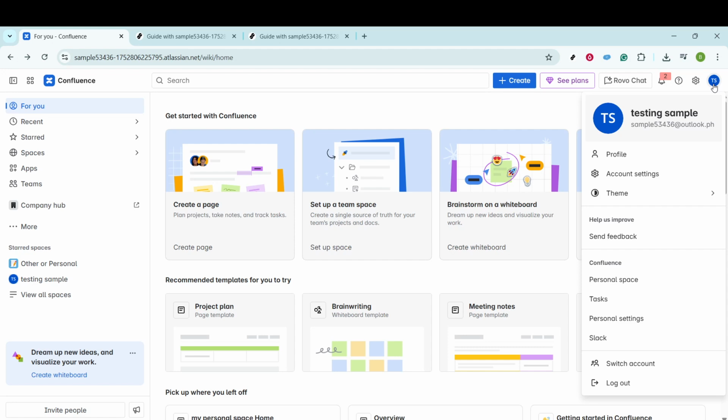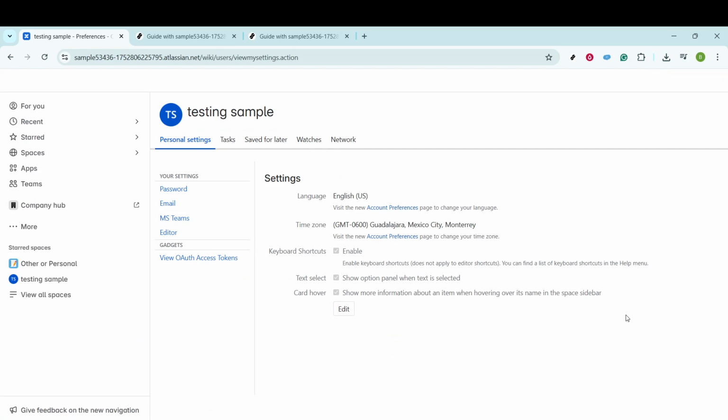After clicking on your profile icon, you'll see a drop-down menu appear. From this menu, go ahead and select Personal Settings. This selection will whisk you away to a new page that's dedicated to modifying your personal details and preferences. It's a great idea to become familiar with this page because it offers a wide range of options for personalizing